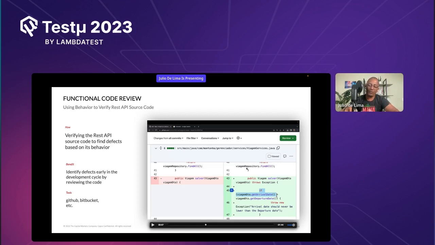So if you are part of an agile team, you can do it. You can look at the PR, you can look at the branches, and you can anticipate things like that, right? So this is another approach. And then